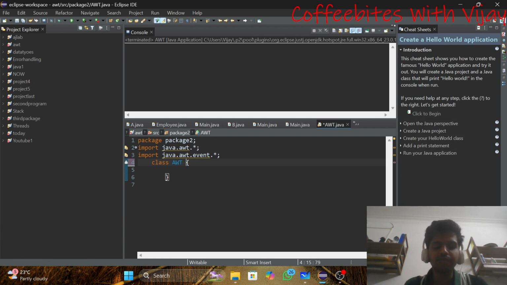Guys, whenever we are starting our program, first we have to take a container. The container might be a frame, applet, or panel, anything. In this video I will be extending the frame container. You can even extend the applet container.